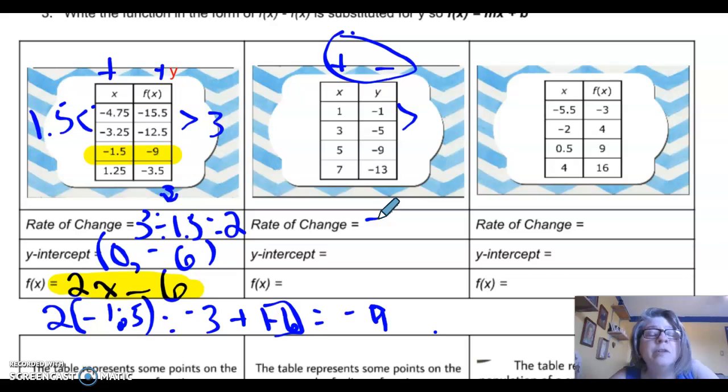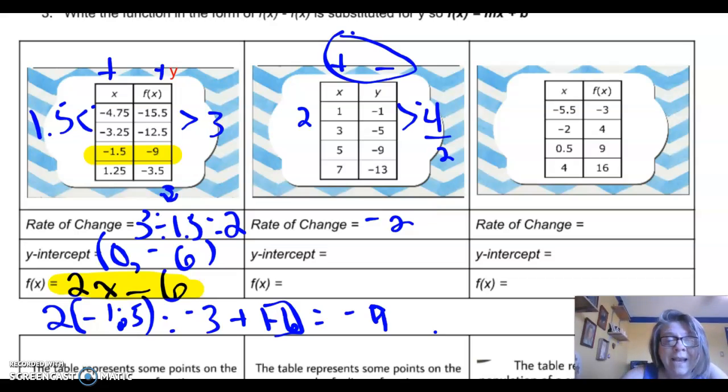Okay, the difference between 1 and 5 is 4, and the difference between 1 and 3 is 2. 4 divided by 2 is -2, so my rate of change is -2. Now I'm going to use that same process, that substitution process, to get my